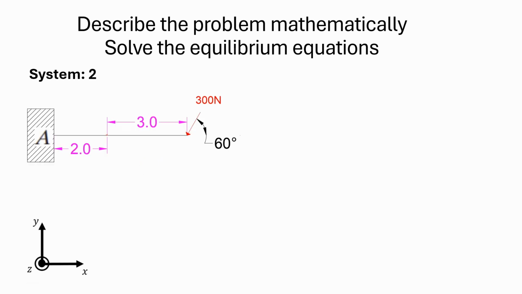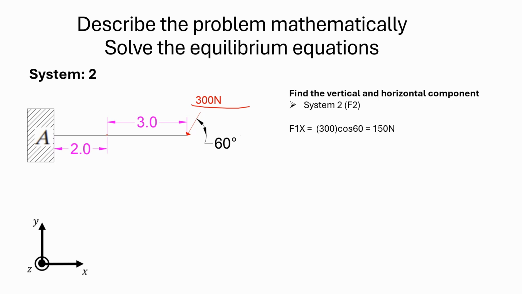Let's look at system 2. System 2 is our 300 Newton force, and it's given to us 60 degrees off the horizontal. That means our horizontal component is cos 60 times 300, which gives us 150 Newtons along the horizontal. And the vertical component would be sine 60 times 300, which is 259.81 newtons. Once again, we can see that our horizontal force goes through the line of action to point A. So the moment caused by the horizontal force